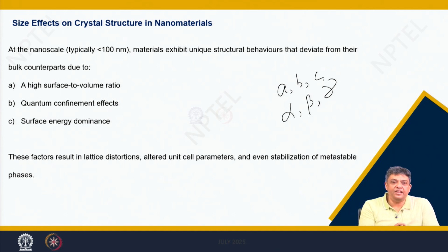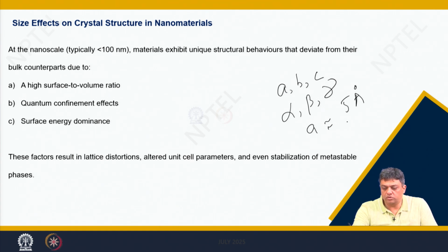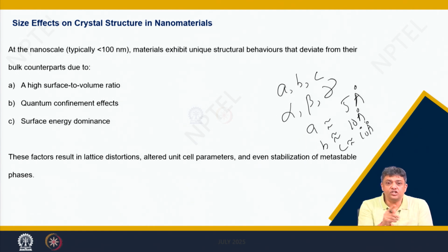Till now we have been defining these crystal structures which have unit cells with dimensions of, let us say, angstroms. So, A can be approximately 5 angstrom or so. Similarly, B can be 10 angstrom or so, C can be 10 angstrom or so. This is a unit cell, but it is not a particle. In a particle you have a large number of unit cells coming together, and 1 mole has how much? Avogadro's number of particles.